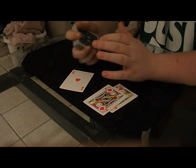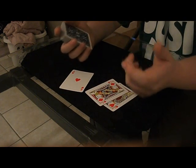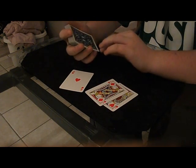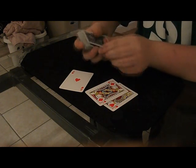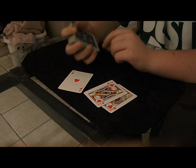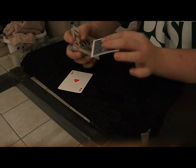Now from here, here's the third phase. This is where the red jacks will turn into the black jacks. So your order now is one face down, one face up. And you're going to get a pinky break under those top two cards. Now you're going to put the jacks down one by one,